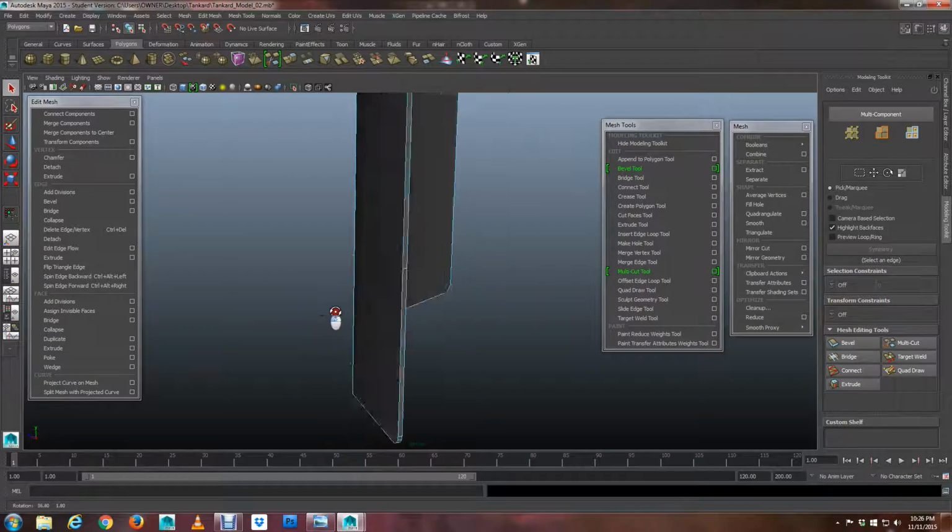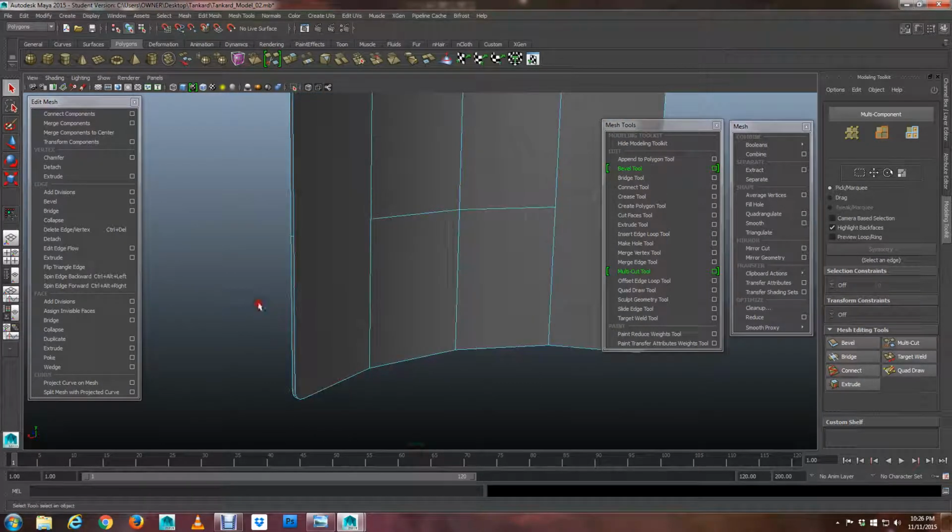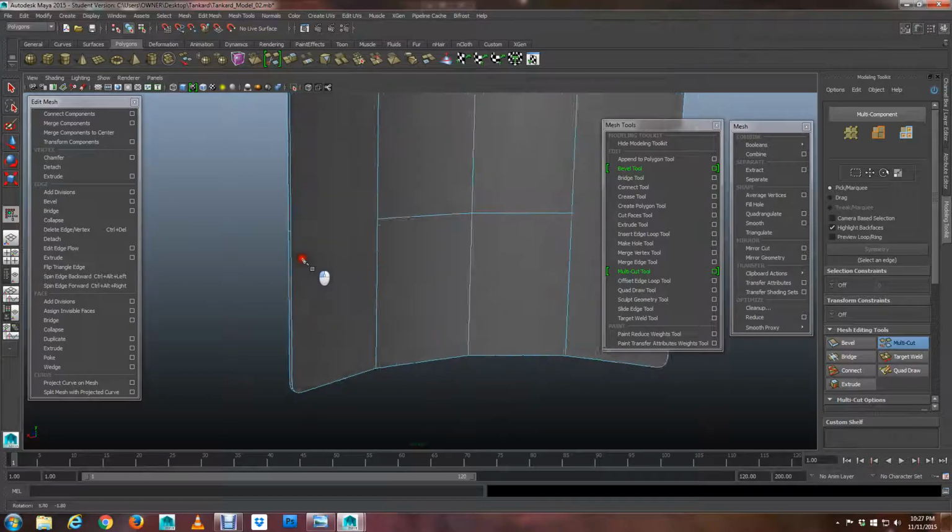Well, we need to connect all of these splits up so that it goes right around. So I'll come over to what's called my multi-cut tool. This is a really handy tool. So multi-cut tool, I'm going to click that, and it brings up this little knife, so that when I mouse over certain points, it allows me to start a cut from one point and end a cut at another one. So if I zoom in here,